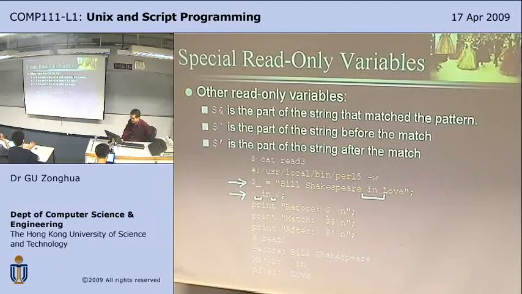$backquote will contain the stuff before the match, which is Bill Shakespeare, and $ampersand will contain the match itself, which is space in space, and love is the single quote. That's the string after the match. So